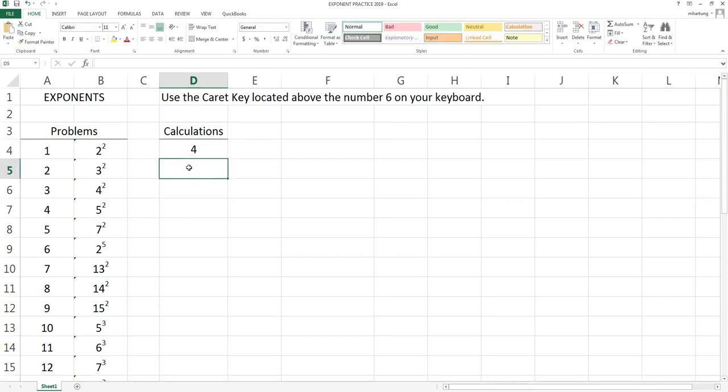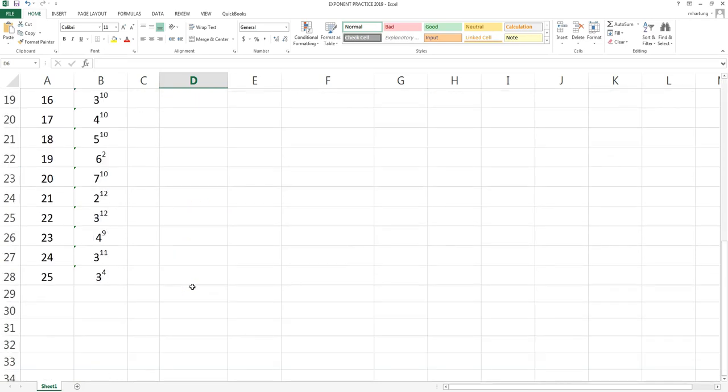That should be 9. 3 times 3. Equal sign, 3, shift, number 6. It's the location of the caret key, raised to the second power. Value is 9. I'll do one more, and then you can go ahead and complete the rest of these problems